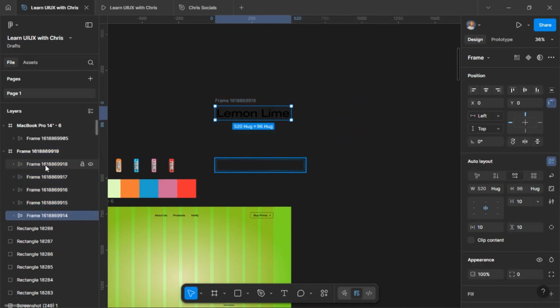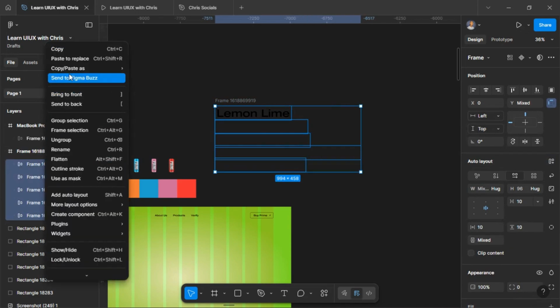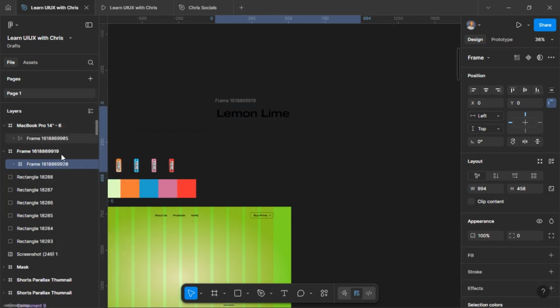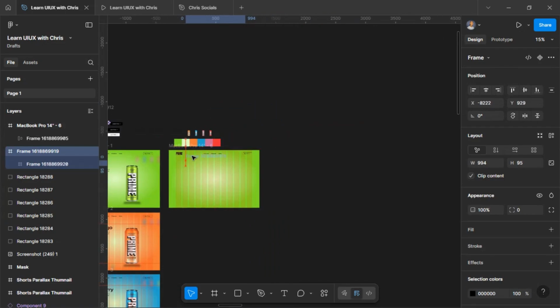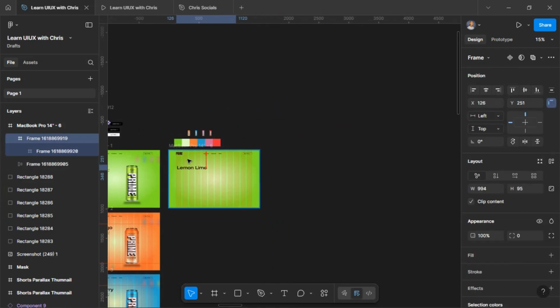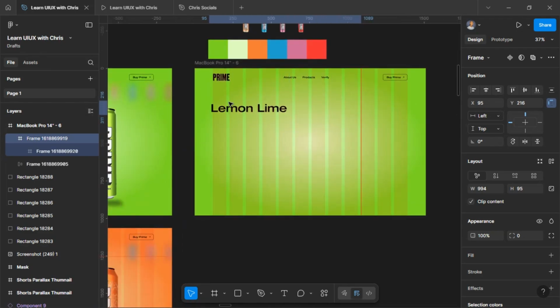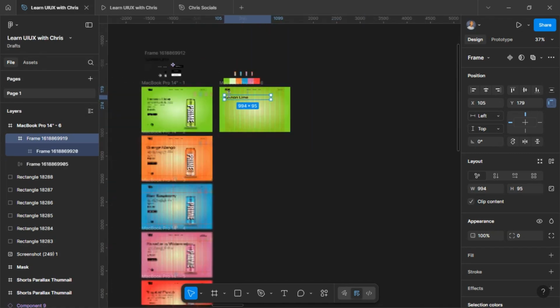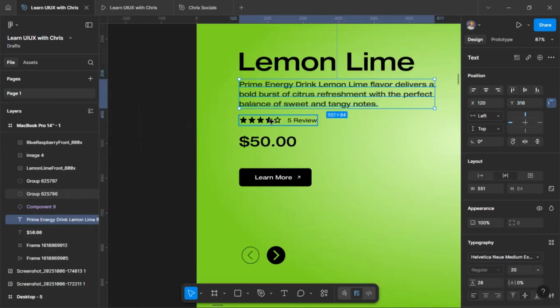Let's quickly put this in another frame so that we can move those texts in. So now we are done with this frame. Let's bring this here. Okay. Now for other texts, as for this,